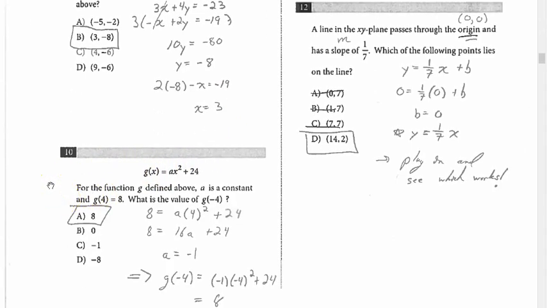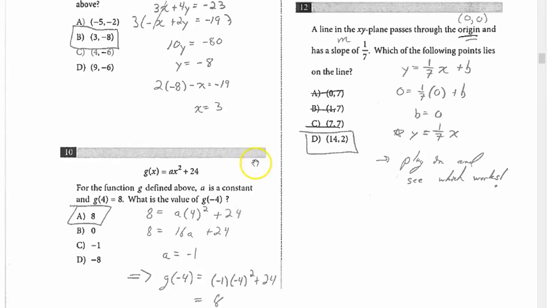Moving on to question 10. So we're presented with a function. Now, there's a couple ways to solve this. If you're real familiar with the properties of even functions, so things with exponents of 2, 4, 6, those even numbers, you can kind of shortcut this, because for any even function, g of x is equal to g of negative x. However, let's say we didn't know that definition, we didn't know that concept,